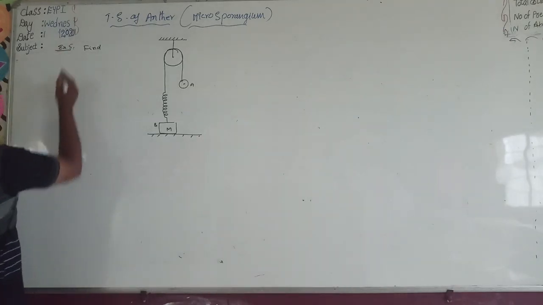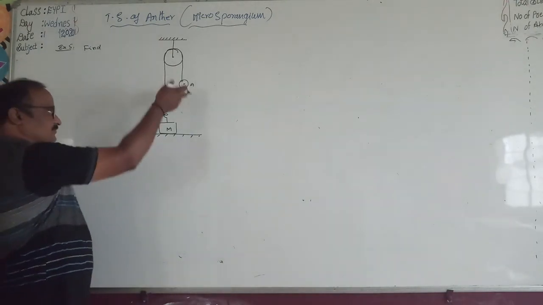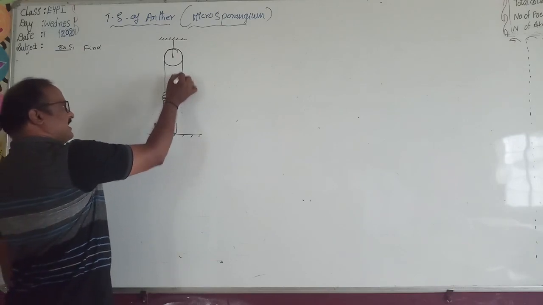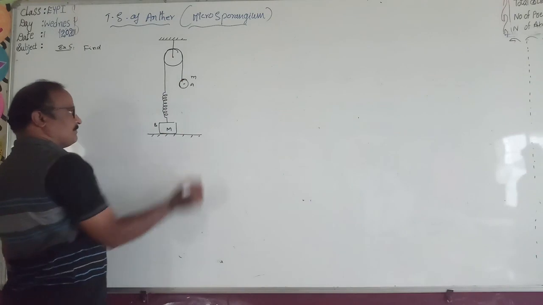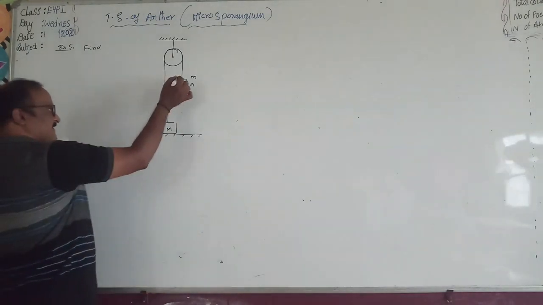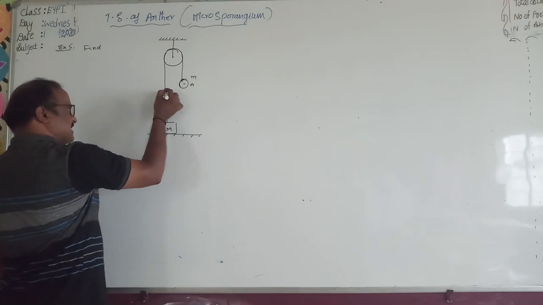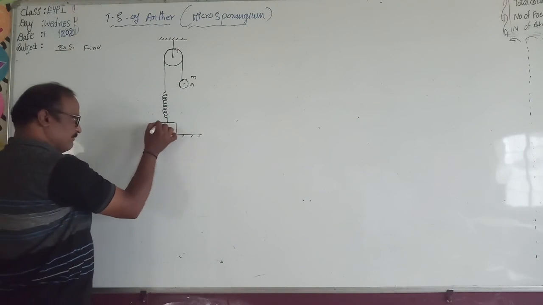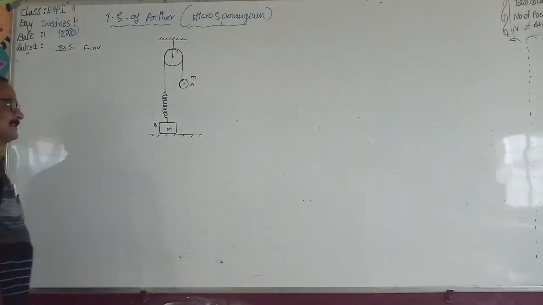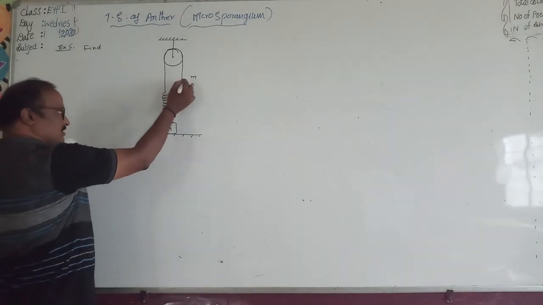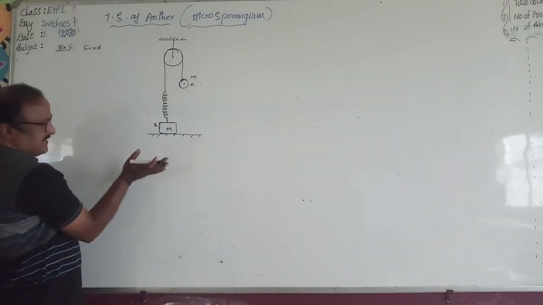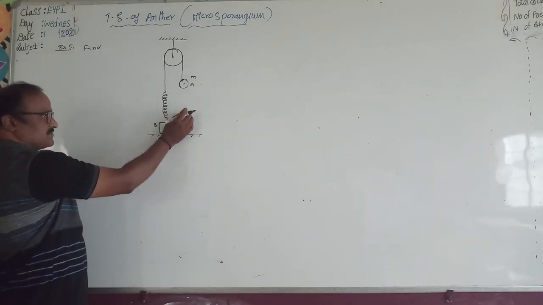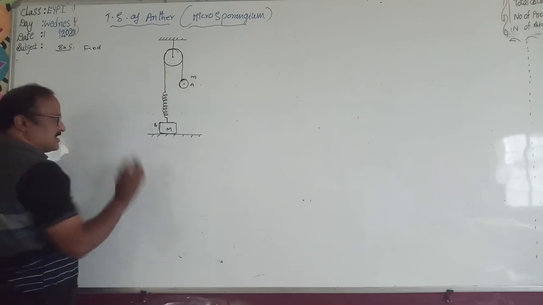See here, example 5. This is the situation. Suppose one end of the thread is connected to a ball of mass small m. The other end of the thread, passing through a frictionless pulley, is connected to a massless spring. Finally, it is attached to a block of mass capital A. Suppose the ball A is released freely, such that the spring will be elongated like this, or it will move in the downward direction.